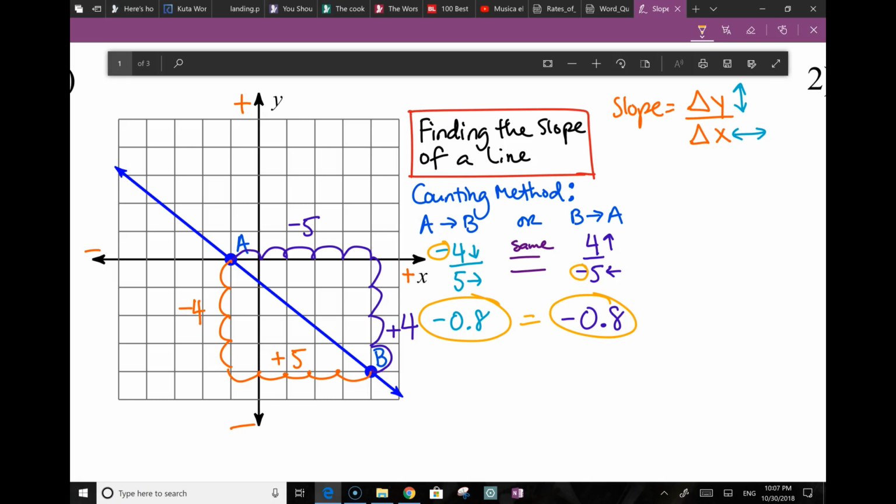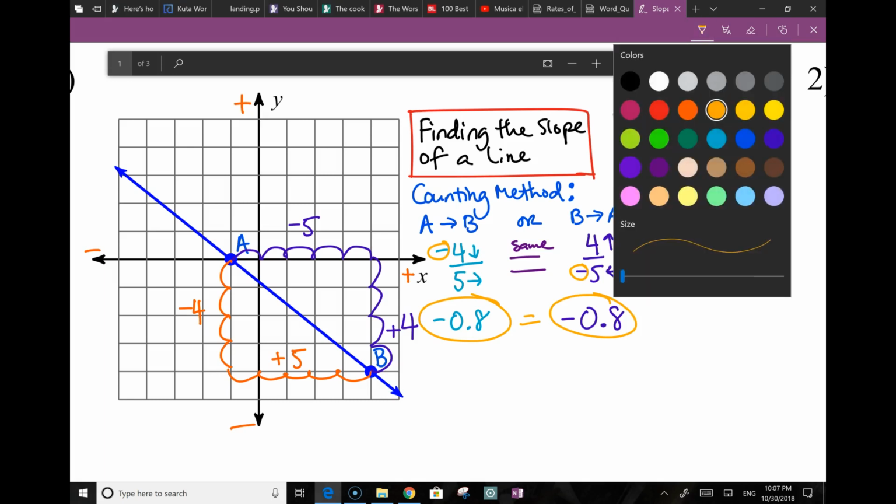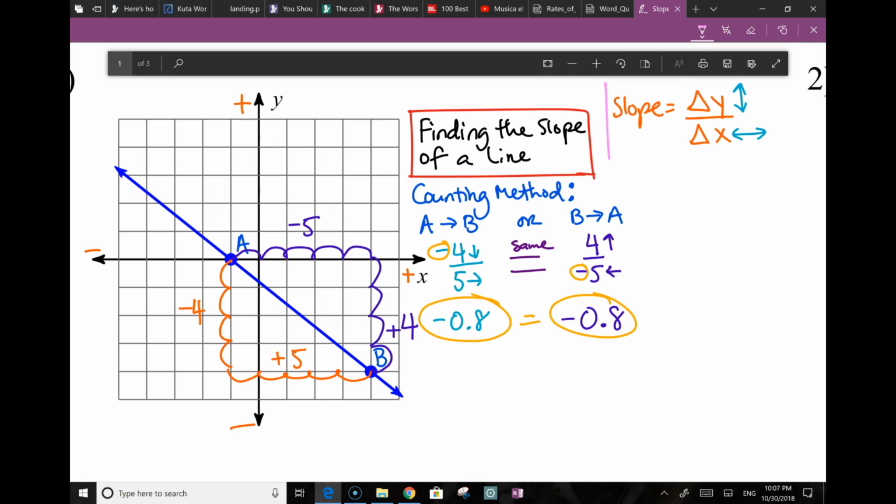The second method I want to show you is how to get the same values, but instead of counting, using a calculation. Now, this does go back to the whole idea of representing slope as a change in your direction. Now, the word change always has to do with subtraction, where you're subtracting